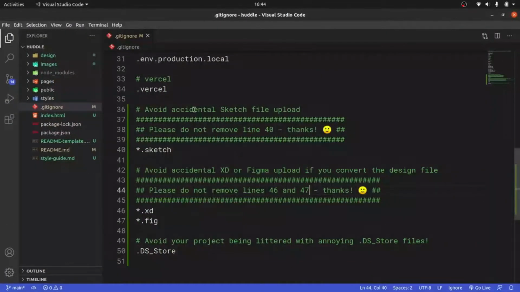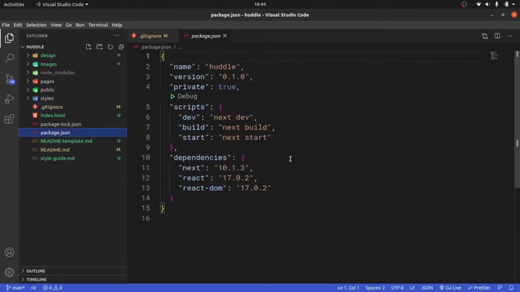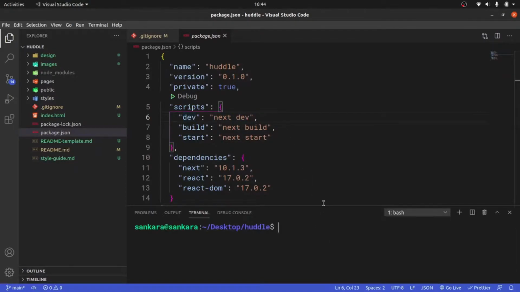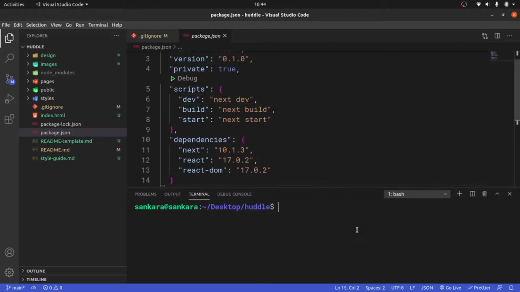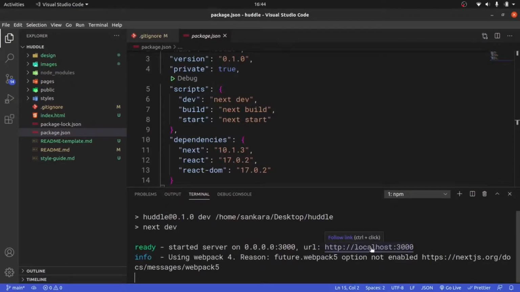And then the difference with Next.js from React is that instead of saying npm start in order to start our development server, we are going to say npm run dev, which is the command next dev, which will start our dev server for us. So I'm going to open up my terminal like so, my integrated terminal, and I'm going to say npm run dev. But remember, all of this is going to run on localhost 3000, as you can see. So I'm going to open this up,